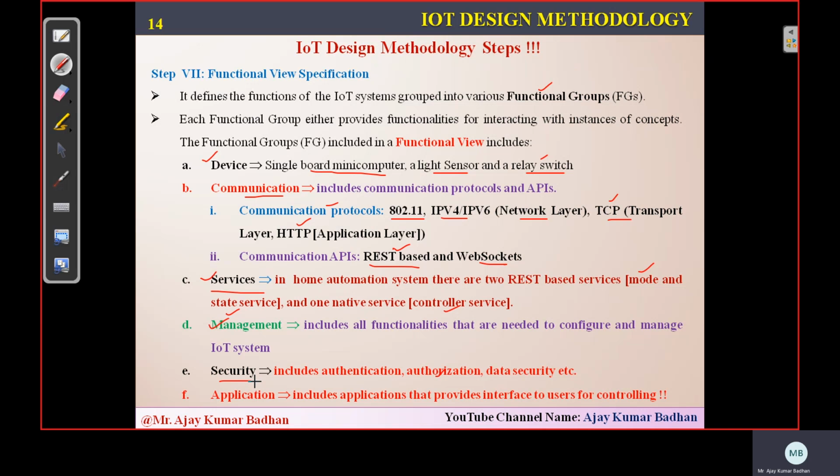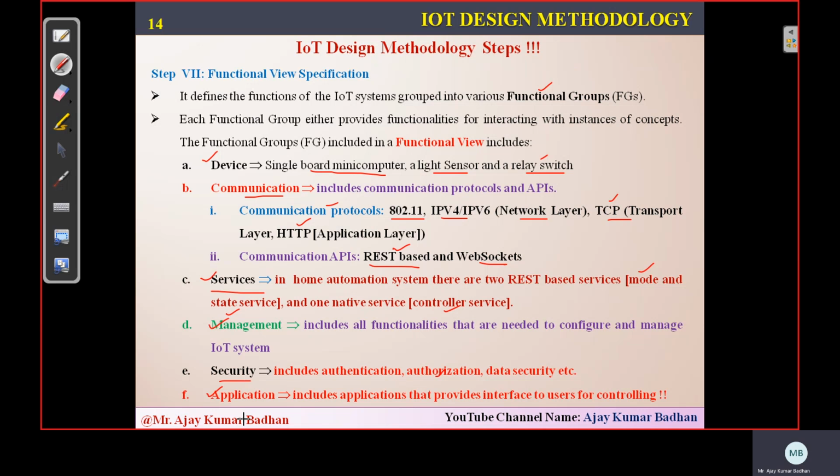And what about security? Yes, we need to provide security. So what kind of security we need to provide? We need to provide security related to authentication, means only a valid user should be able to access it, only the owner of that particular application. Authorization, except owner, no one should be able to access it. Data security, since we are storing the information in the local database, that information should be secured. No third party should be able to access it. Since everything is connected with the help of the internet, within a network there is a possibility of hacking, and that should not take place.